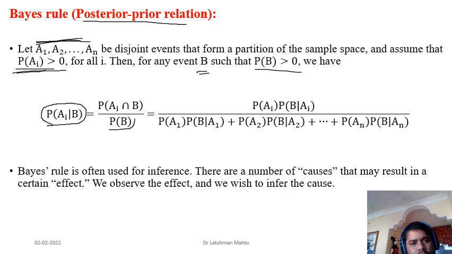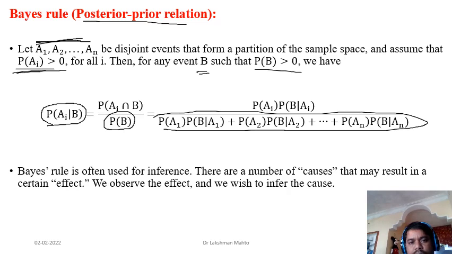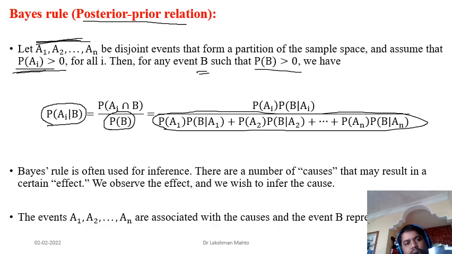Now in order to calculate the probability of B, it would not be given. So to calculate the probability of B, we have to apply the total probability theorem. This one comes with respect to the partition by using the total probability theorem. You can say that it is one way of directly coming from the definition of conditional probability, but there is a difference: the denominator we calculate through total probability, and in the numerator we apply the multiplication rule. So the numerator comes directly from the multiplication rule, and the denominator comes directly from total probability.